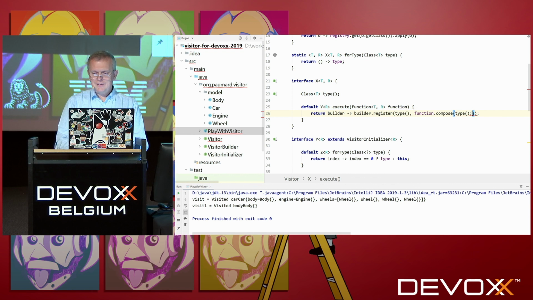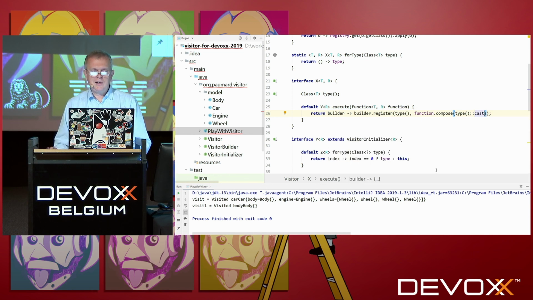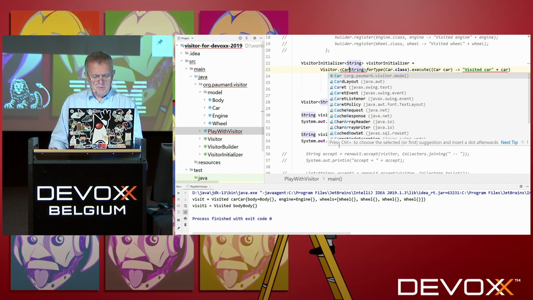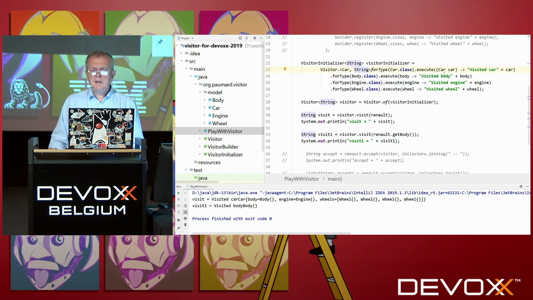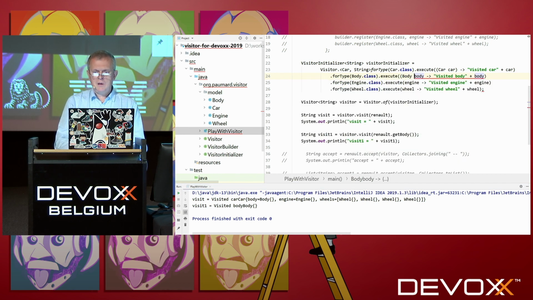I'm going to cast the first elements of this function just by using the class.cast method here. And now the problem is fixed. And this is nice because now this is not compiling because I added a type here. This has fixed its execute method there, but if I'm saying that this is a body,